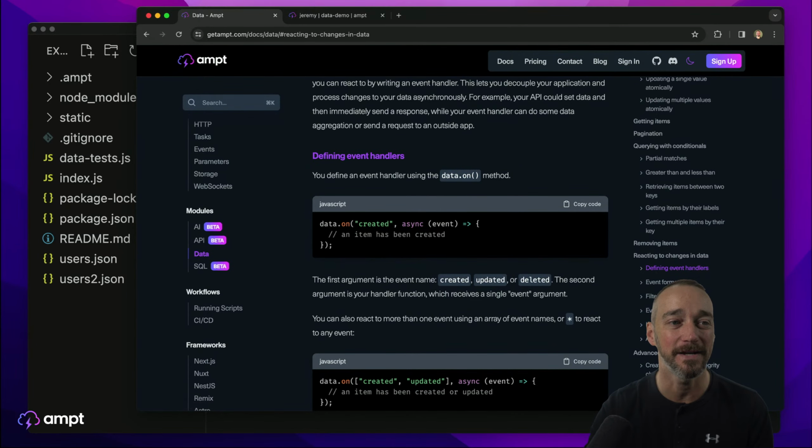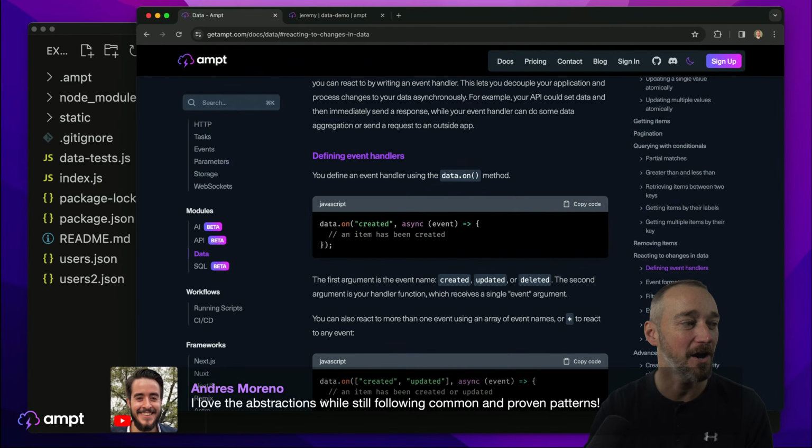Again, Andreas, thanks again for the comments. Love the abstractions while still following common and proven patterns. That is the most important thing for us. Honestly, we want to make sure that the patterns you're using are the professional, scalable patterns that an expert would implement for you. We want to take that heavy lifting, take that burden off of you, so that